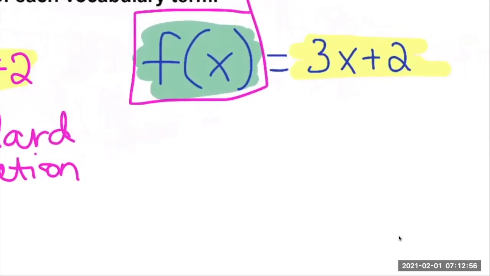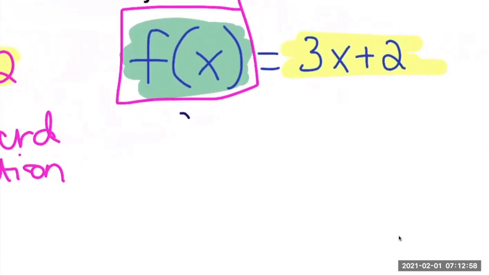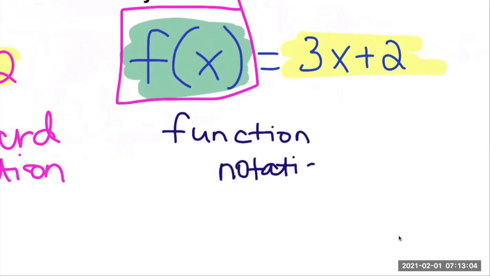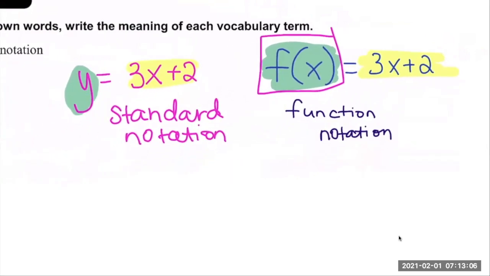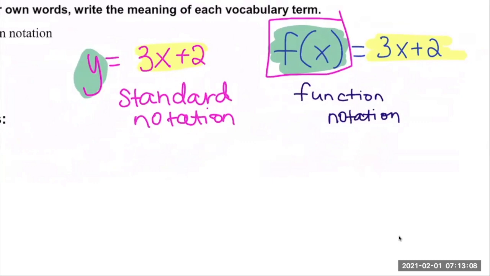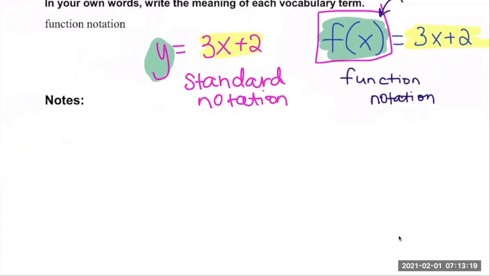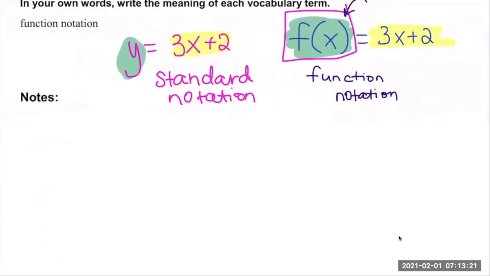So the f of x, this is function notation. And I'm here to tell you it really does not change a thing. It's just another way of writing it. And later on, you're going to see that the function notation is handy when we're plugging in something for that x value. So the definition for function notation is another name